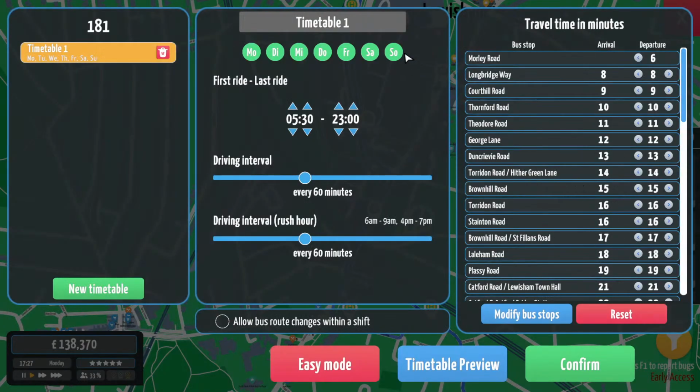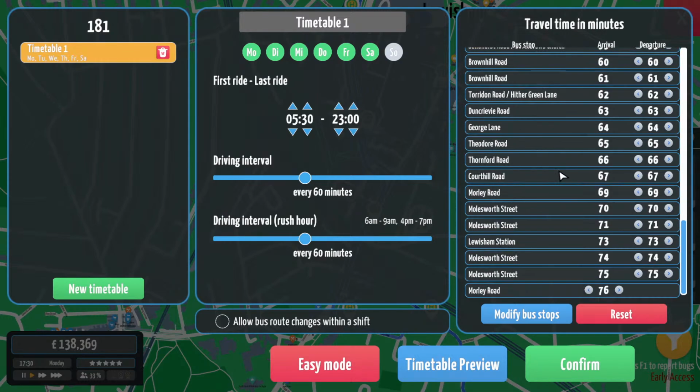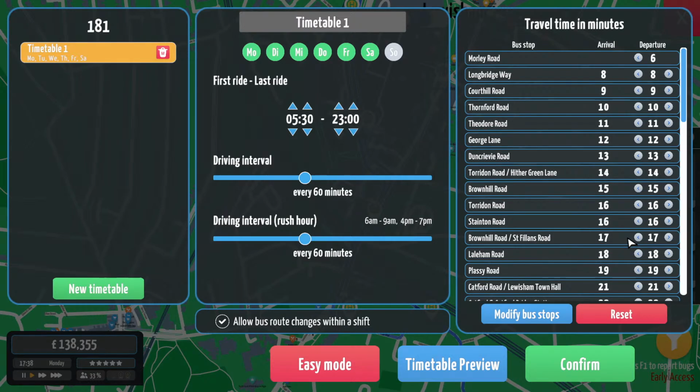If you go into the advanced stop settings, you can change things, add in a new timetable for just Sundays, change the days that the timetable's running on, add an extra padding time. Because we're running as a Go-Ahead subsidiary, we're going to be creating lots of padding. Putting the wait at Lewisham Station, you can sit there for about 5 minutes. Sit there for 2 minutes, and then sit at...